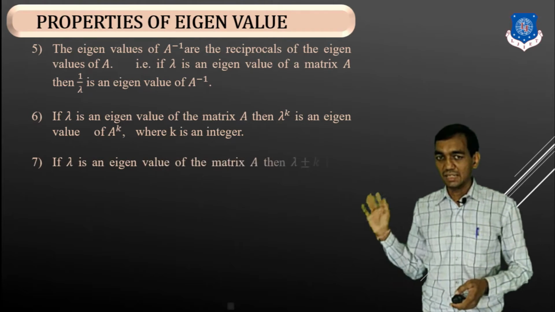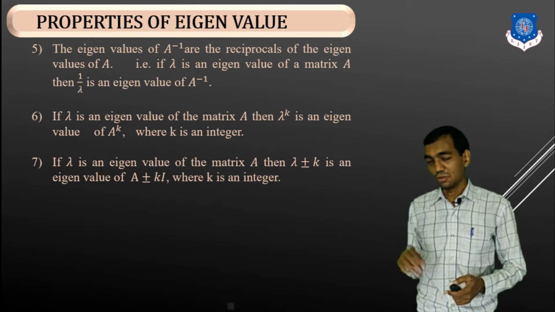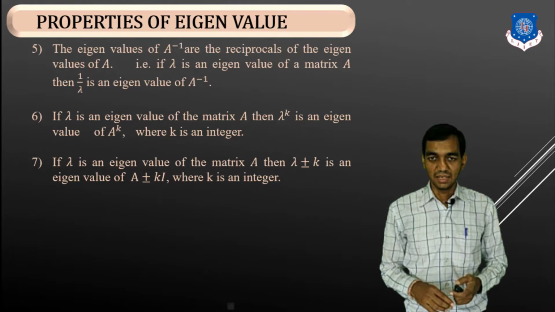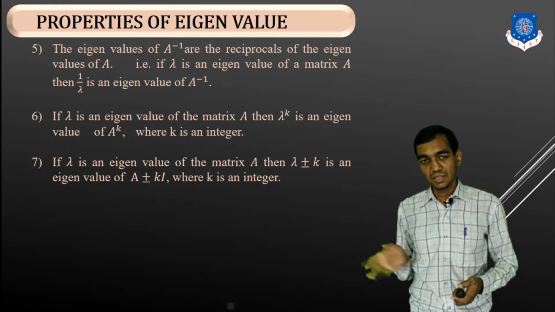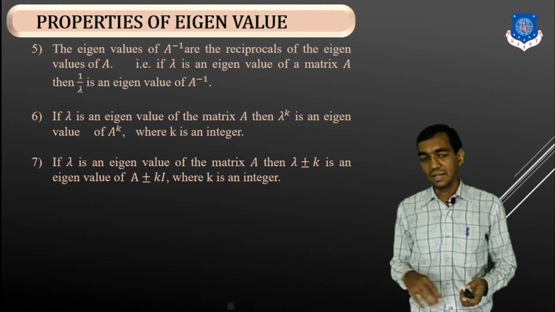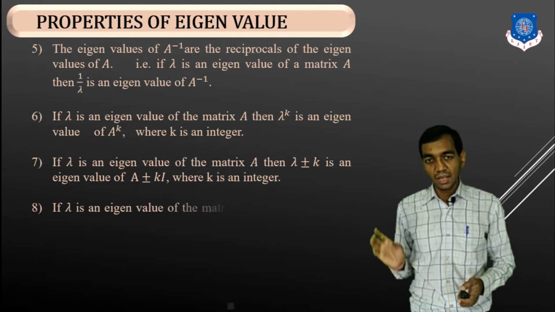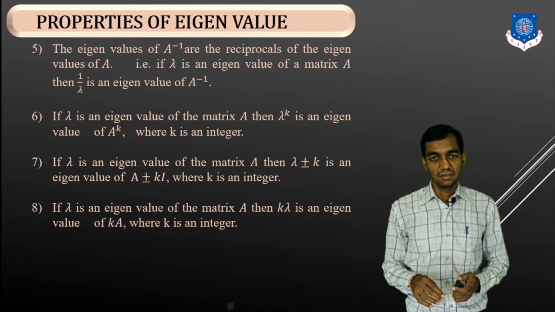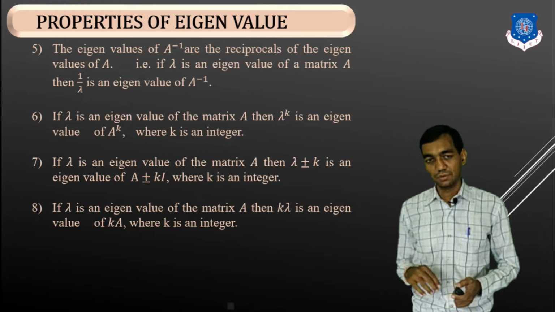Now, if lambda is an eigenvalue of matrix A, then lambda plus or minus k is an eigenvalue of A plus or minus kI. That means if you are finding the eigenvalue of A plus kI, it will be lambda plus k, and the eigenvalue of A minus kI will be lambda minus k. If lambda is the eigenvalue of matrix A, then k into lambda is an eigenvalue of k into A,